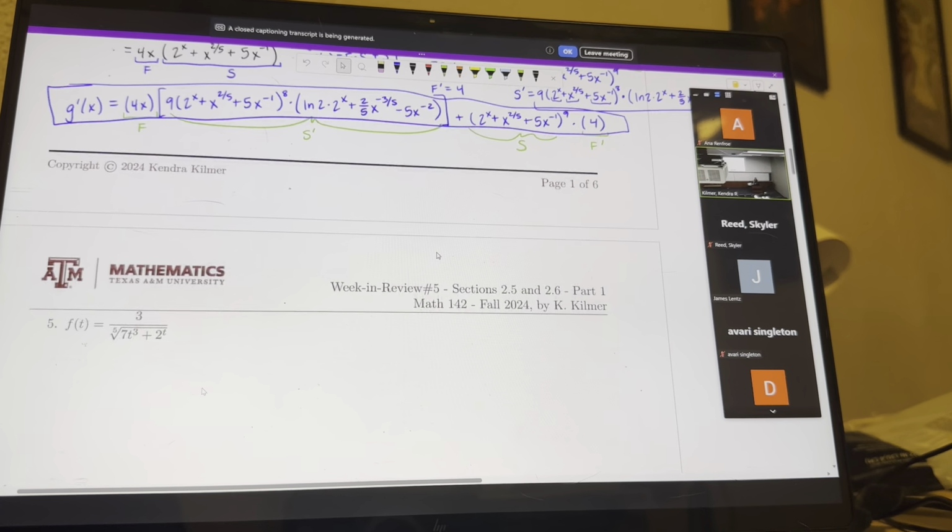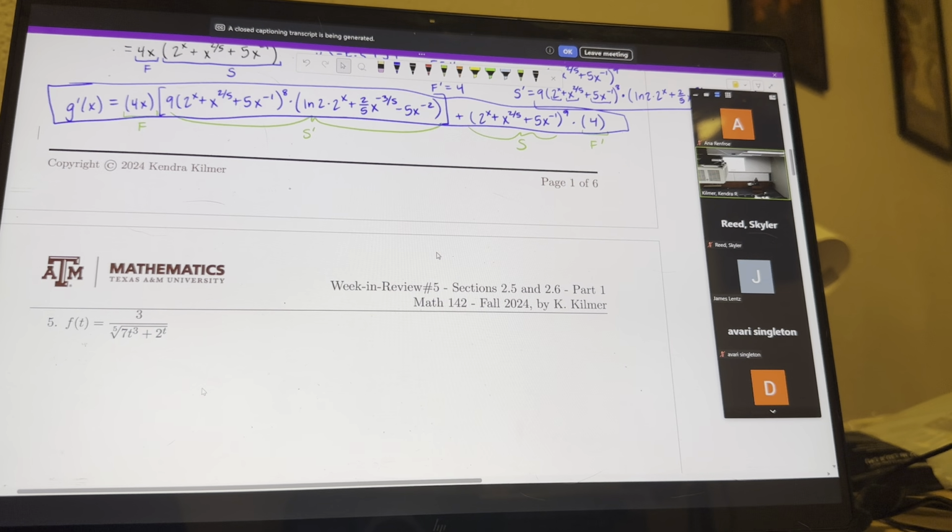Okay. All right, so let's look at another one. So we have f of t is equal to 3 divided by the 5th root of 7t cubed plus 2 to the t. Okay, so the first thing we notice is we are dealing with a radical. So we always want to rewrite our radicals as power functions. So this is 3 divided by 7t cubed